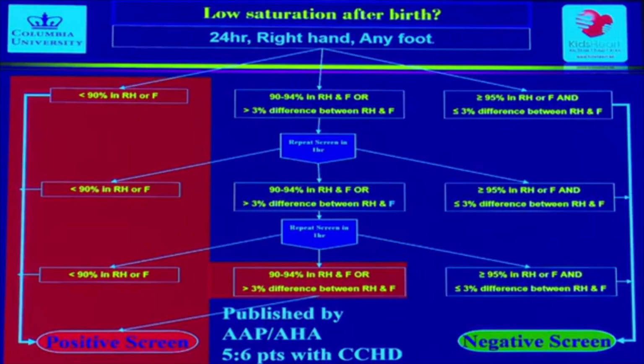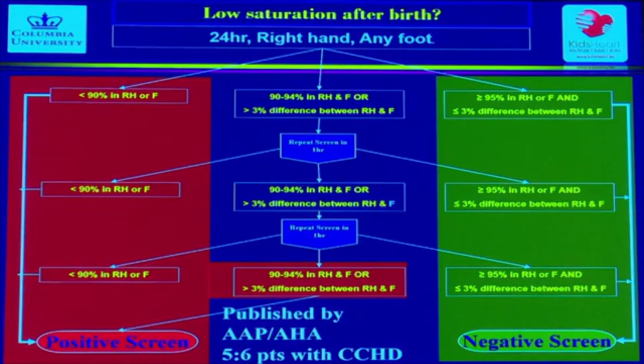It doesn't matter what time it is. So the next one is the green line. This is after 24 hours, so more than 95 or no different, less than 3%. This patient can go home theoretically, assuming their physical exam is normal. If I don't feel the femoral pulses, even if the saturation is normal, that's not enough for me to clear the